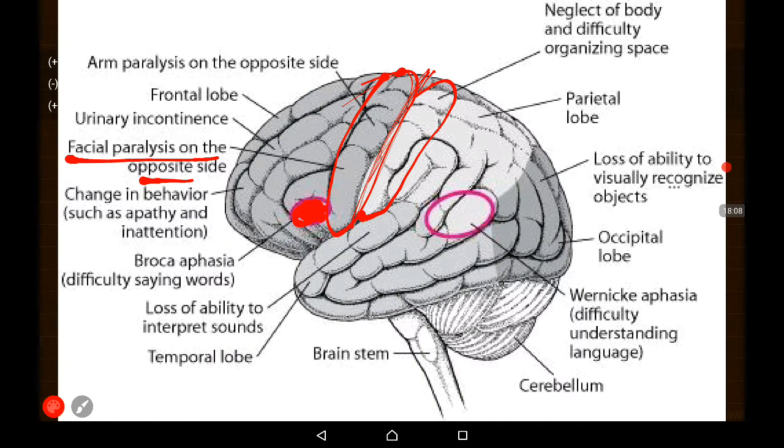If the stroke will damage that area, the Broca aphasia, or difficulty in saying words, will be observed. And also we may characterize the part of the temporal lobe that is called Wernicke's Area here, and the lesion of that area results in